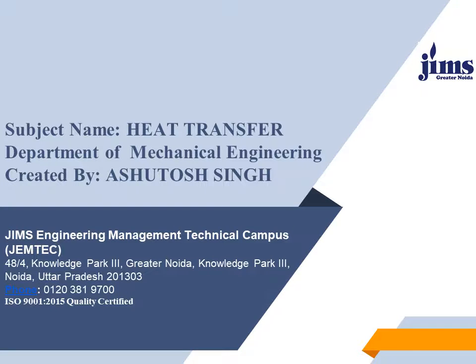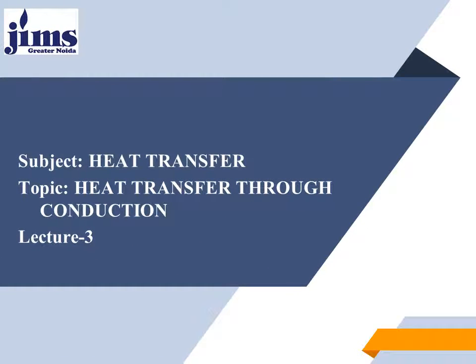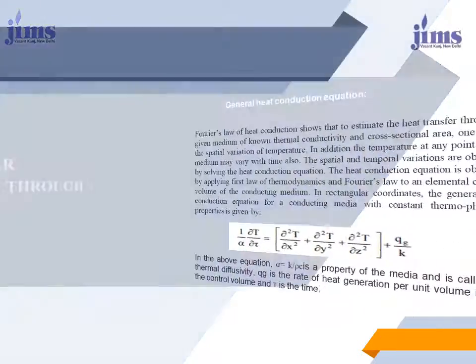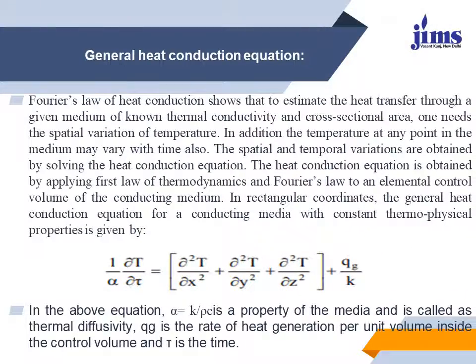In this lecture, we will discuss the concept of heat transfer through a plane wall and the electrical analogy based on the plane wall. First, the heat conduction equation for the Cartesian coordinate system. There are three types of systems generally used for calculating the heat transfer rate. The first is known as the Cartesian coordinate system. The second is known as the cylindrical coordinate system, and the third is known as the spherical coordinate system.